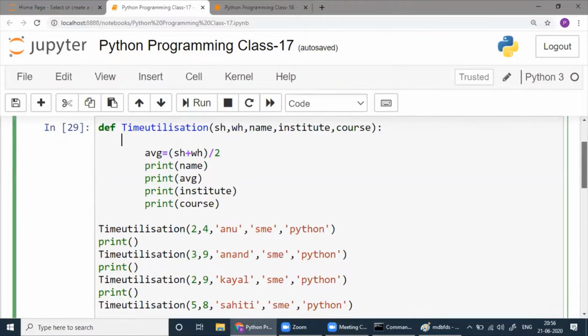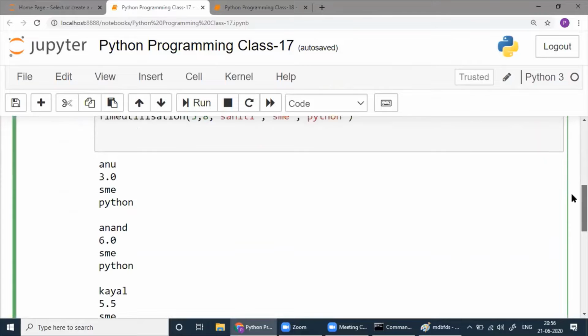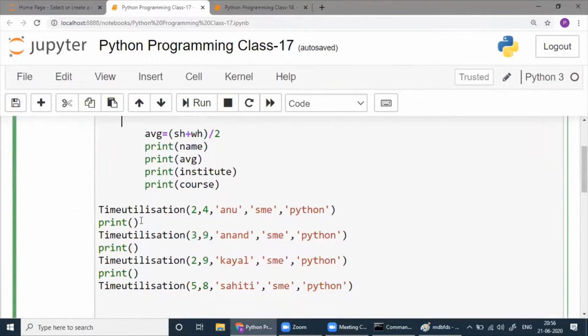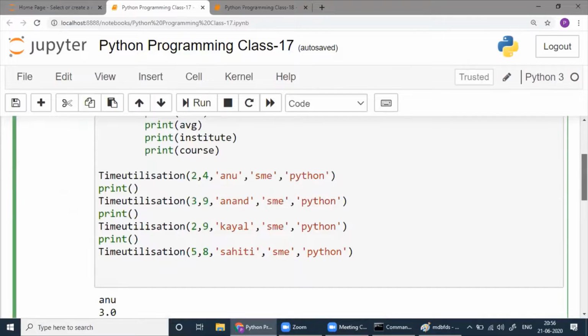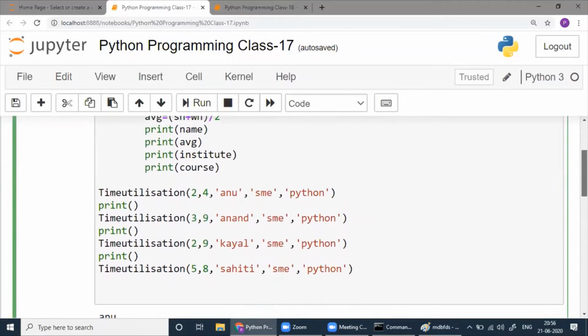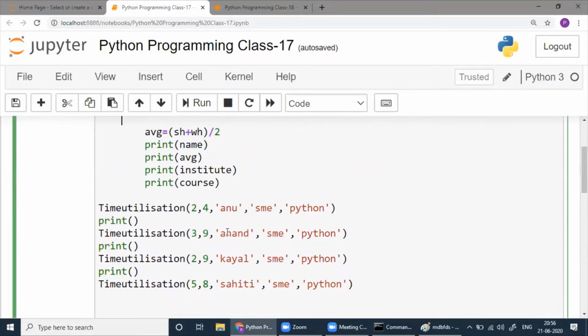Now, when we created objects, we found time utilization. Where are the objects here?